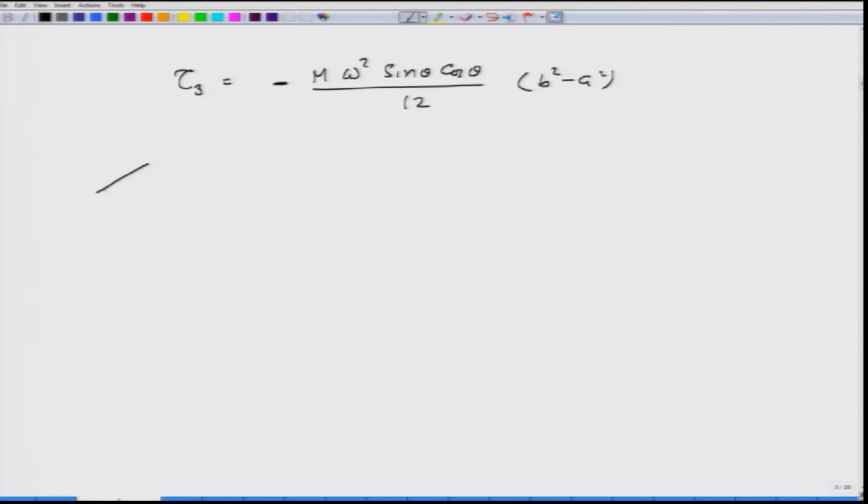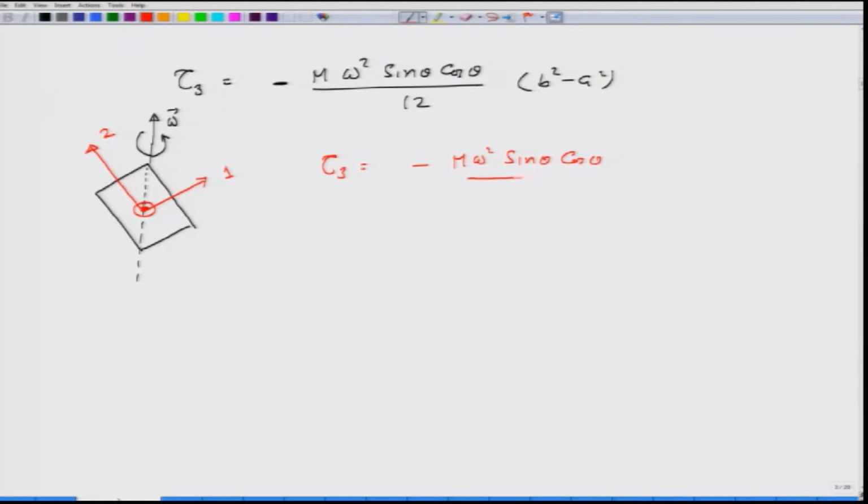So, let us make this again and interpret the result. This is the rectangle, it is rotating like this. This is the direction of omega. This is axis 1, this is axis 2, and this is 3. 3 is coming out. So, tau 3 is actually going in. So, tau 3 is minus m omega square sin theta cosine theta over 12 times b square minus a square, and